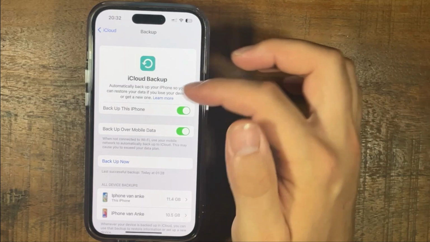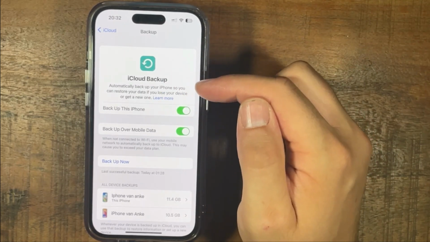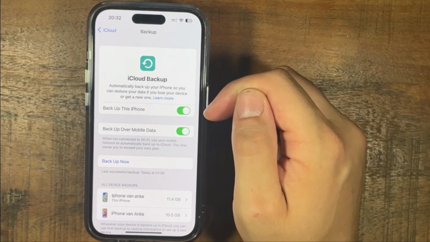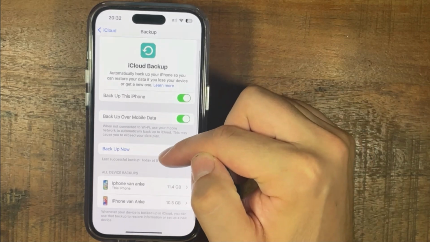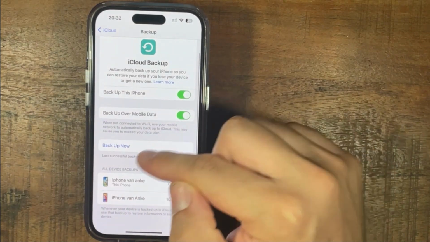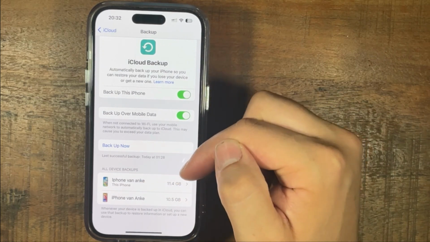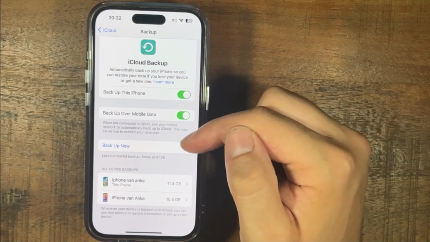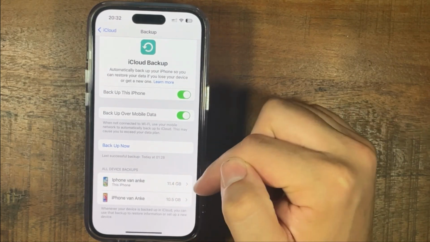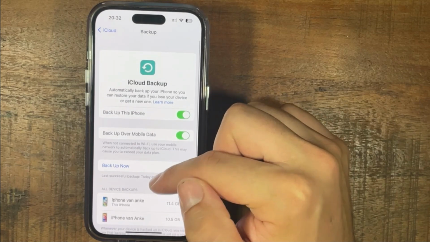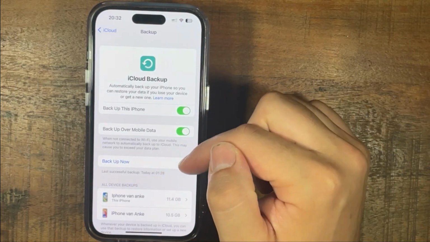So if you want to make an iCloud backup, it automatically backs up your iPhone so you can restore your data if you lose your device or get a new one. You see two different phones. So whenever your device is backed up by iCloud, you can use the backup to restore information instead of a new device. And you see 11.4 gigabytes and 10.5 gigabytes. And you see that the last successful backup was today at